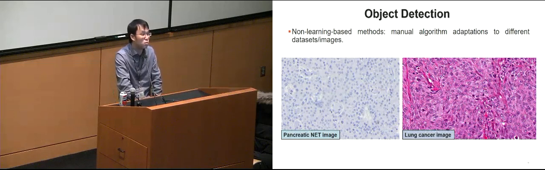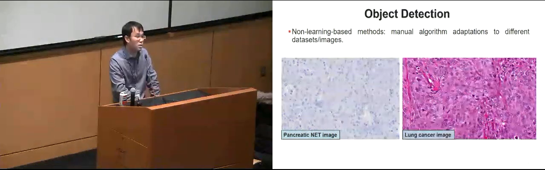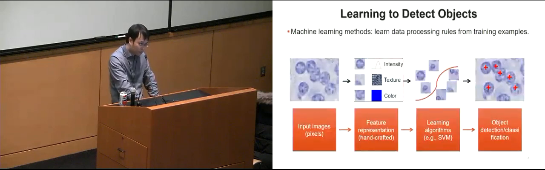So probably we need to redesign or carefully tune up the parameters of the algorithm to adapt to different data sets. So probably from here we can ask: can we learn this kind of processing rules from the images, such that we can apply these rules for automatic image processing? That's the machine learning based method.